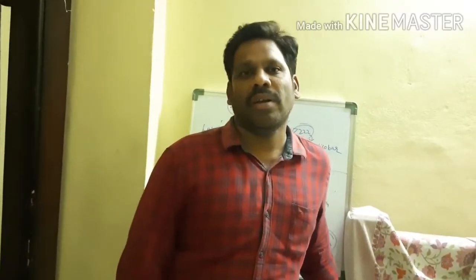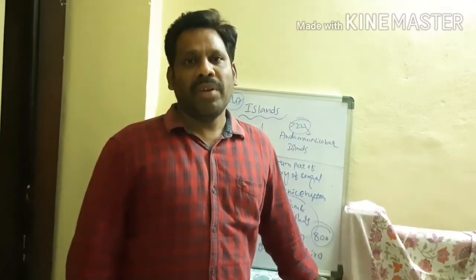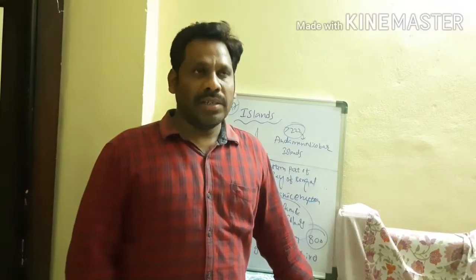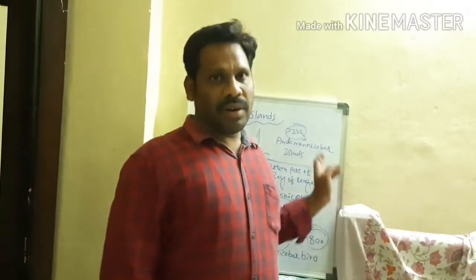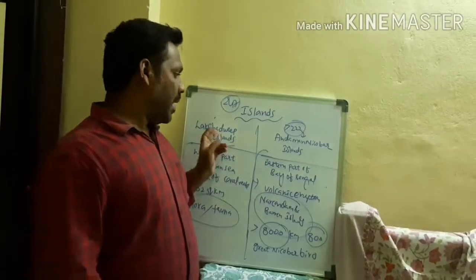Tamil Nadu coastal limb is called what? Coromandel. And AP coastal limb is called what? Sarkar coast. Next, Odisha coastal limb is called what? Utkal coast. We have discussed the salt lake and freshwater lake: in Odisha, Chilka salt lake is there. In AP, Kolleru is a freshwater lake, and the saltwater lake is called Pulicat Lake. Next, as islands, Lakshadweep Islands and Andaman Nicobar Islands we have discussed.